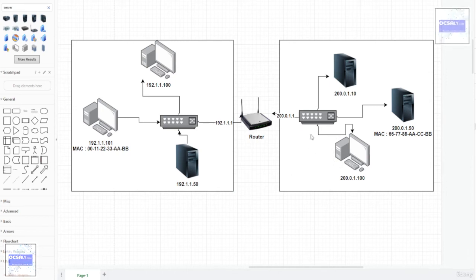In this figure I created, this shows the Ethernet networks, each with separate IP network address ranges. So as you can see here, the operating system network stack on this node encapsulates the application and transport layer data, and it builds an IP packet with the source address of 192.1.1.101. And the destination address here is 200, because this is an absolutely different range,